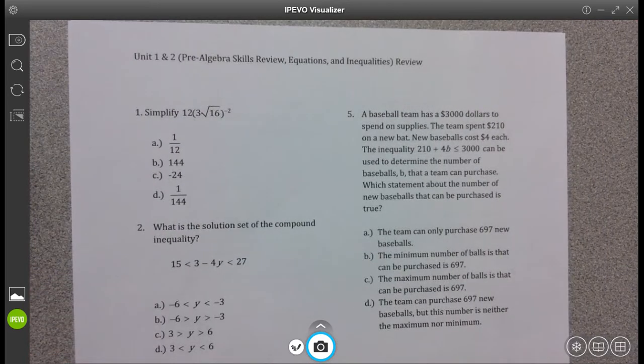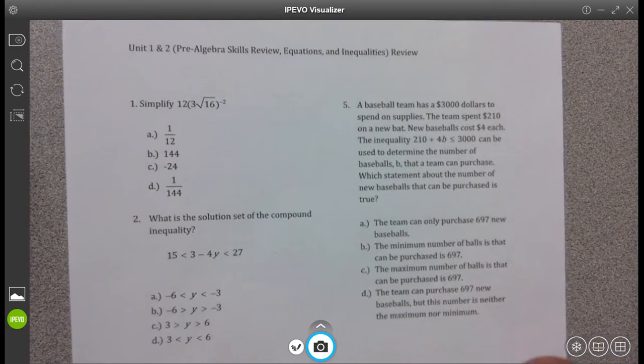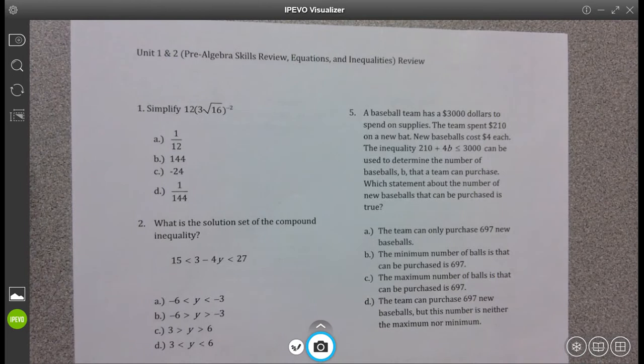This is the 1 and 2 unit review that involves pre-algebra skills, equations, and inequalities. It's to prepare you for your Keystone testing. So number 1,